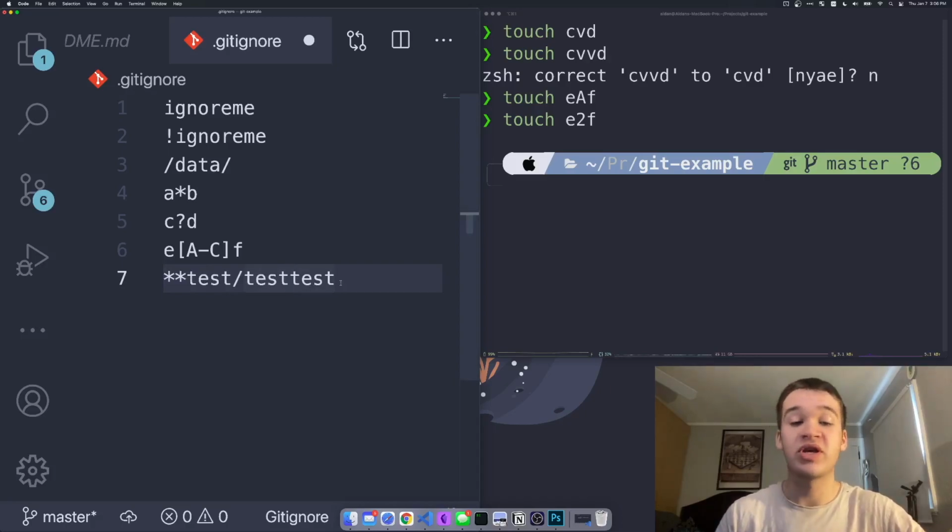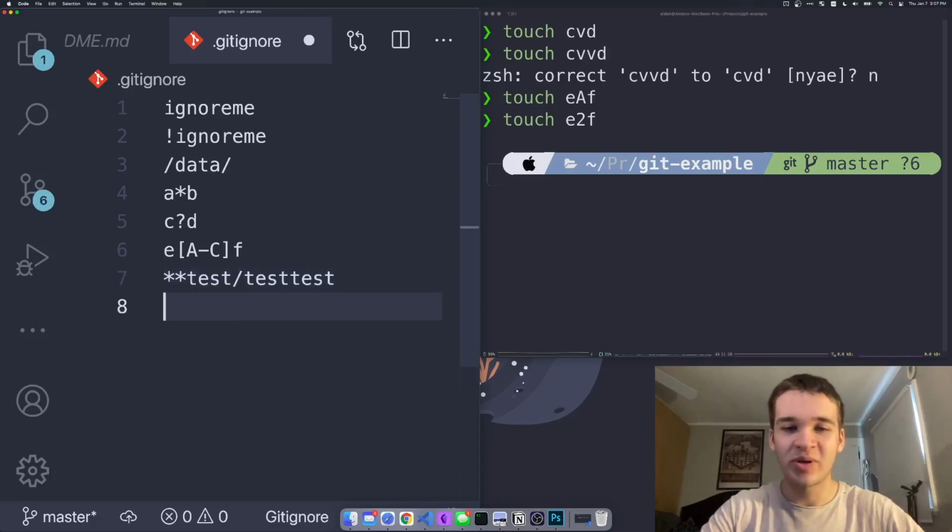So now anywhere where there's a folder called test that has something called test inside of it, that test thing is going to get ignored. I know that's a little difficult to follow, but just bear with me. And then the other option is it can be used in the middle of a string, and that will match